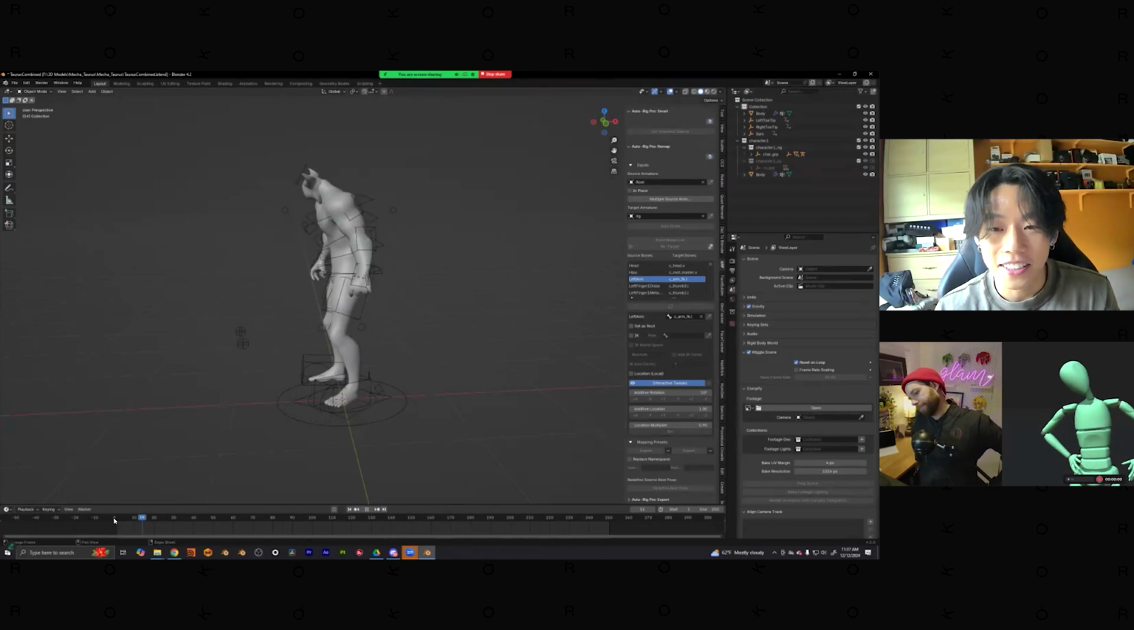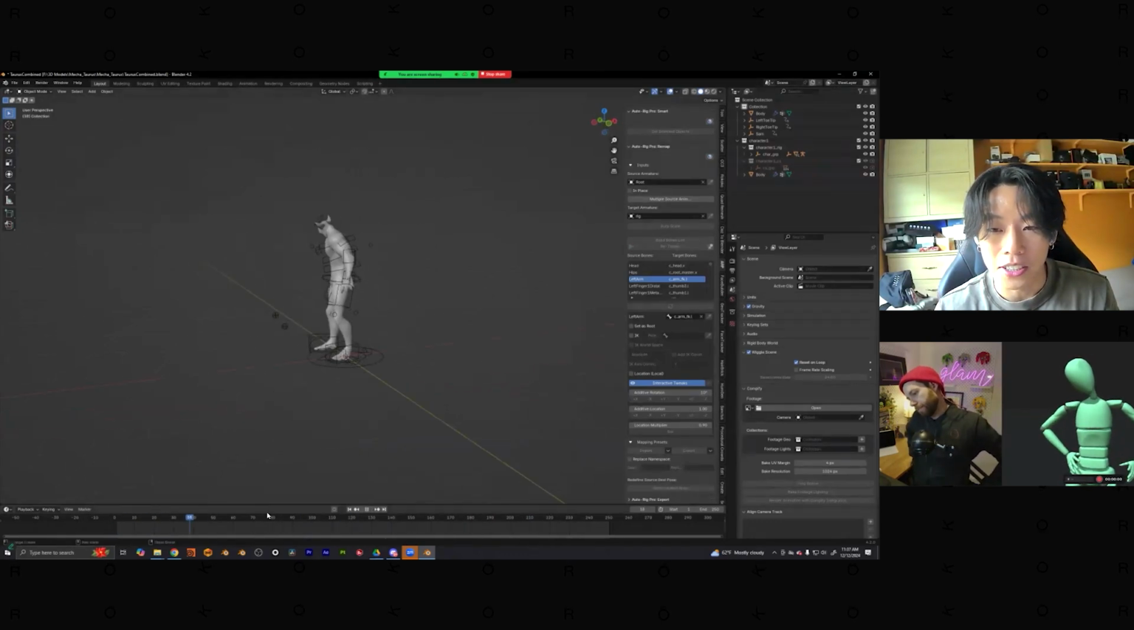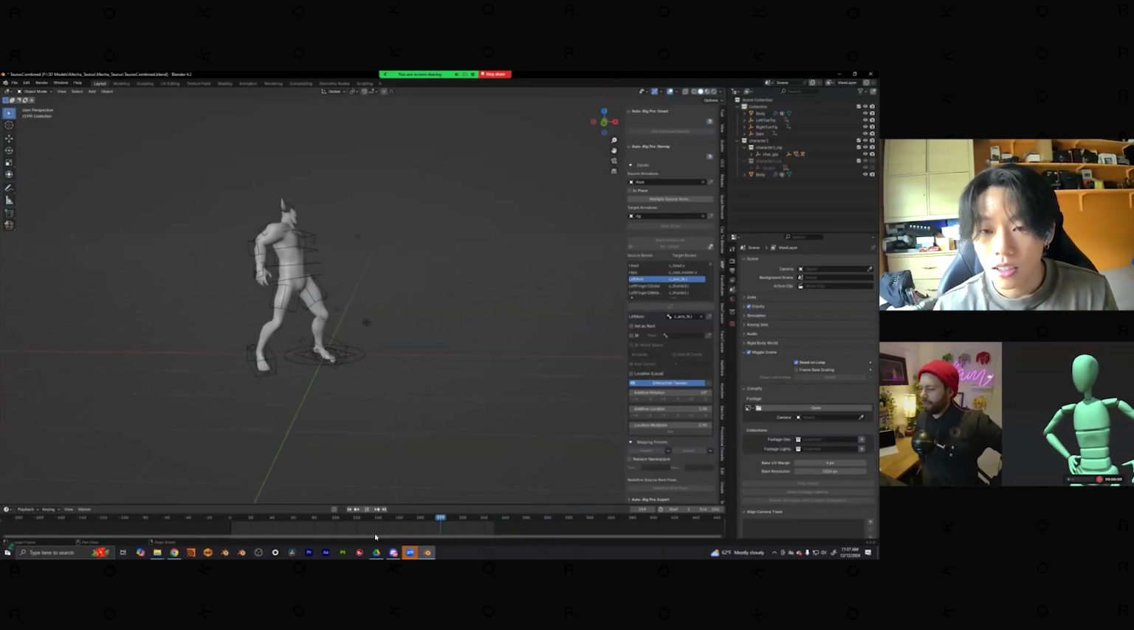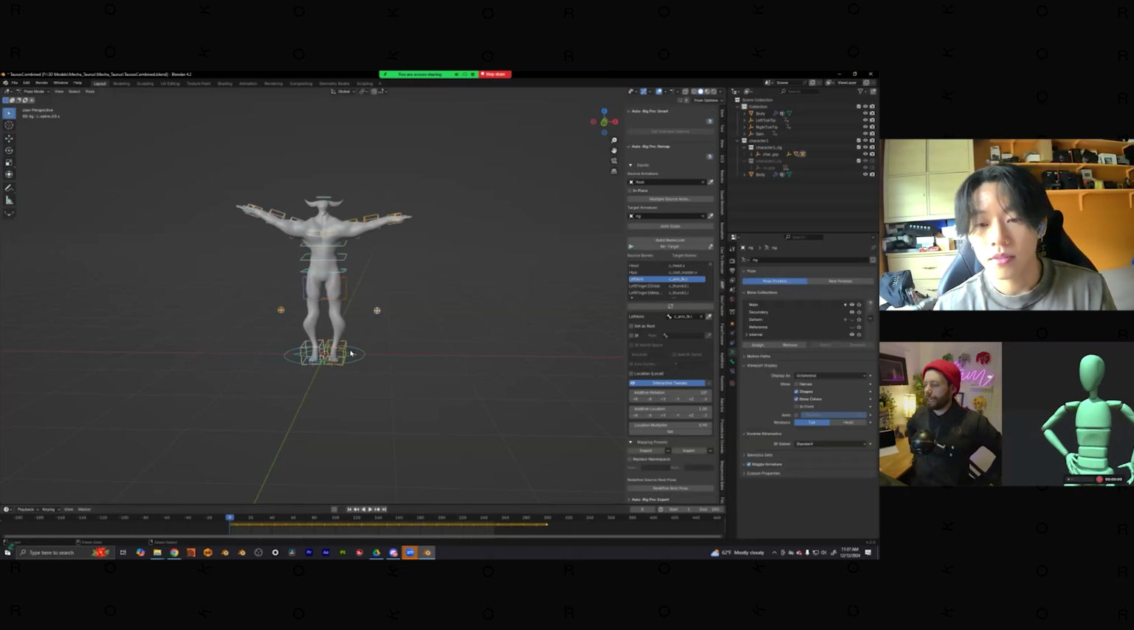So I'm just checking to see if there are any intersections that I would need to fix. But since we're doing MPM anyways, it's not a huge deal. But you really do not want intersections, so you treat this part of the process with a lot of respect in terms of going in and